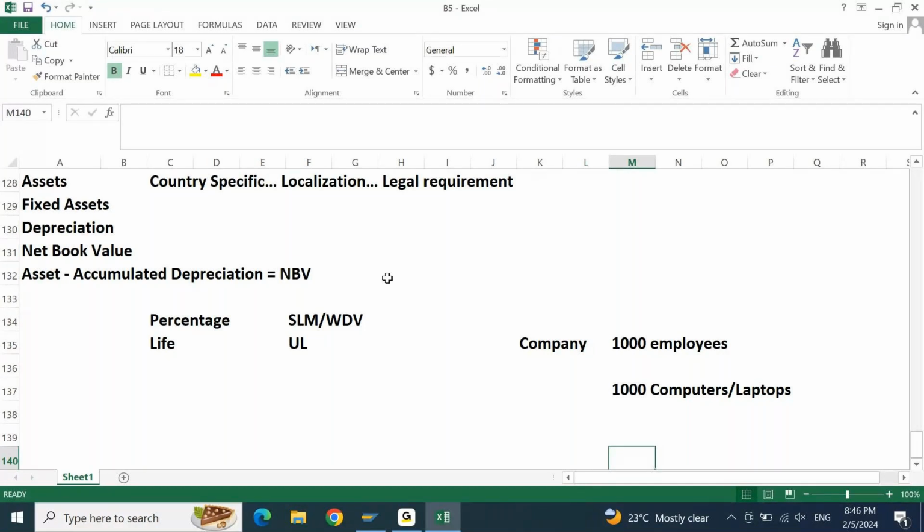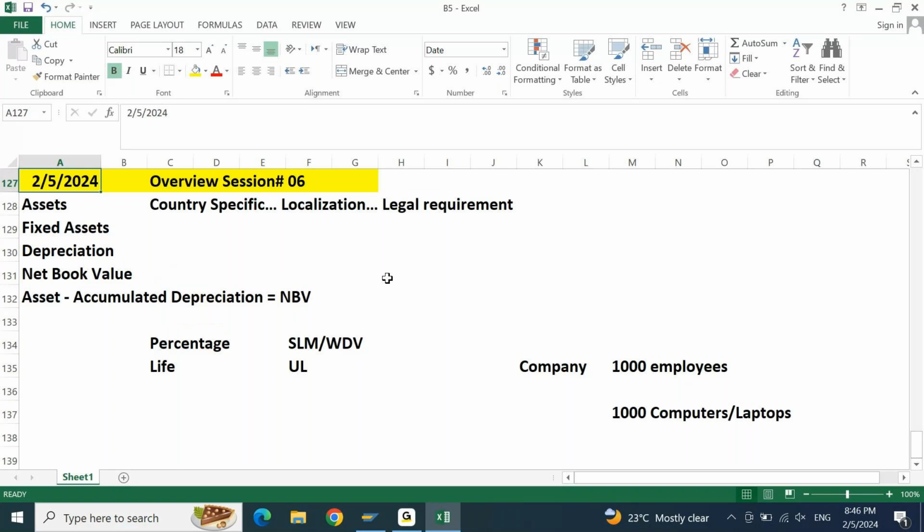Meaning slowly what is going to happen in SAP, especially on FICO, everything will have dependency on the other point. Now, for example, I'm talking about asset accounting here. So far, it is very clear that we are talking about asset accounting. I understood asset accounting is country specific, asset accounting is fixed asset, more than 1 year benefit, depreciation, net book value, accumulated depreciation, depreciation method, straight line method, WDV method, useful life method. Every company will have a lot of assets mandatory. Everything is clear so far. I'm able to understand in a very good manner.